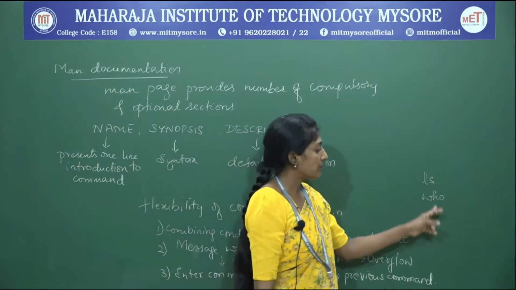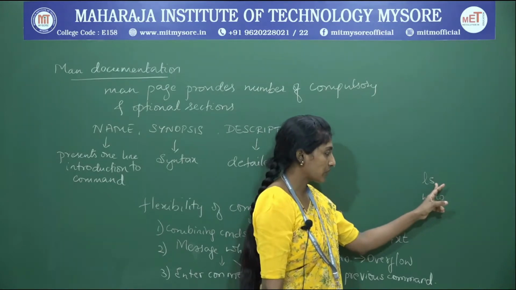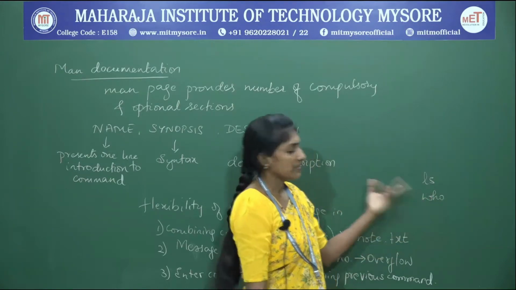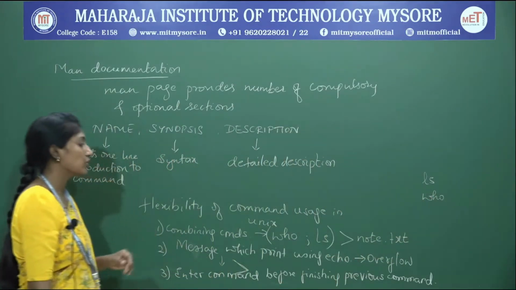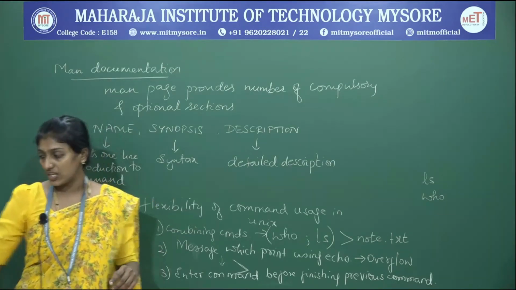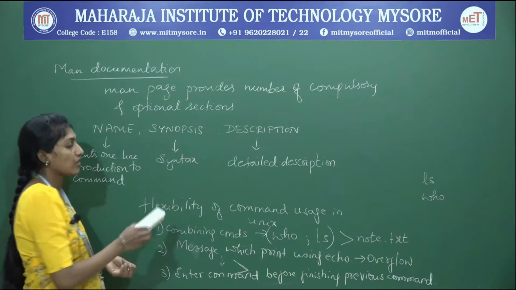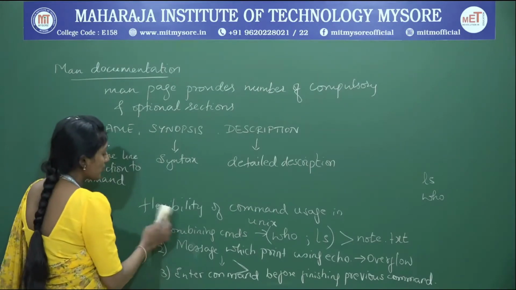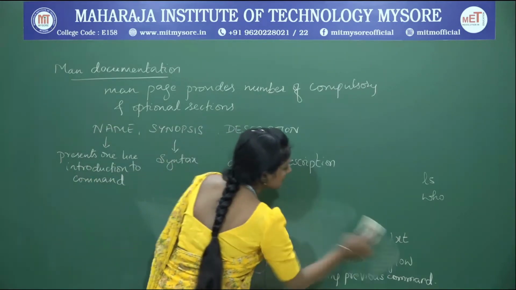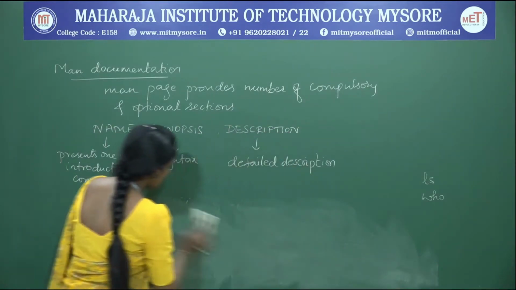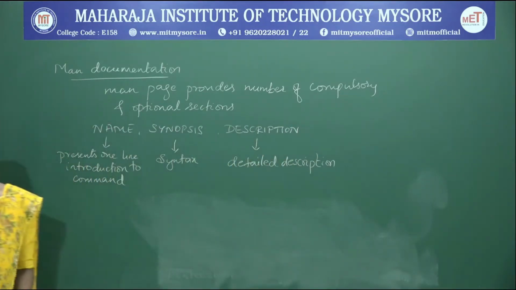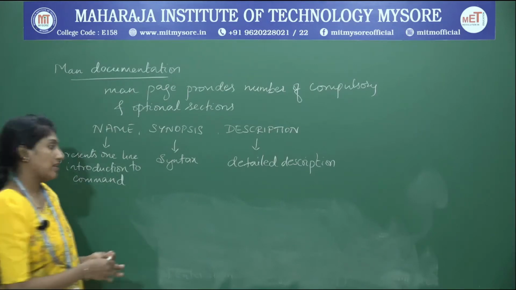So before actually providing the output of this command execution, you can enter one more Unix command for execution. Even this option is provided in Unix. This is the flexibility of command usage in the Unix operating system, or the Unix platform. So we have this flexibility in Unix, that is, how you can access commands during the execution of your program, that is, command execution.